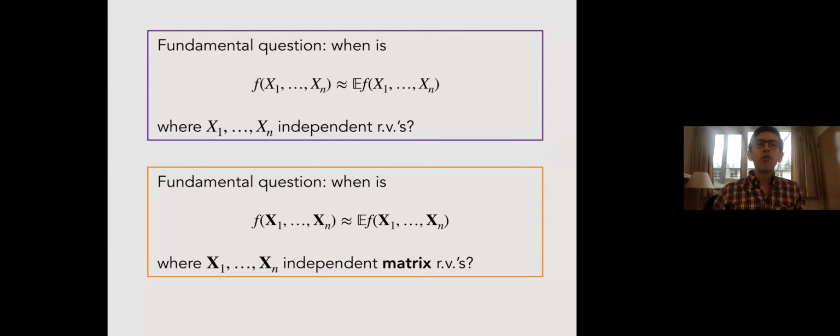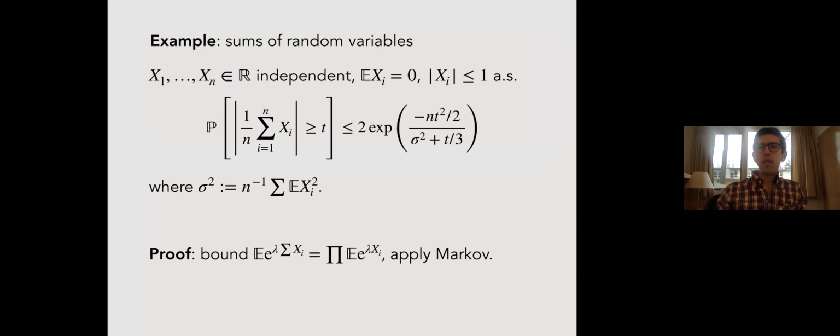And a meta question, if you will, over the past couple of years, since at least 2010, has been, when can we translate things that we understand from the scalar context to the analogous setting in the matrix context? More specifically, if we have a good concentration bound for scalar random variables, can we obtain an analogous bound when we use matrices instead? So to give a very probably familiar example of this phenomenon,